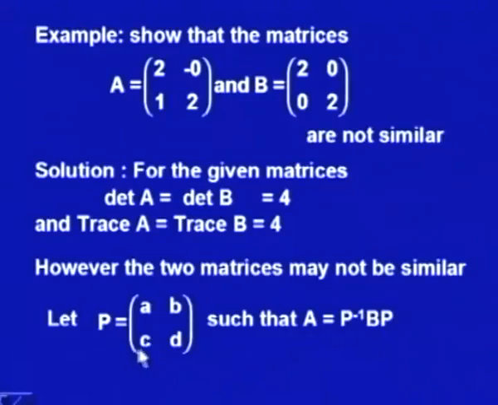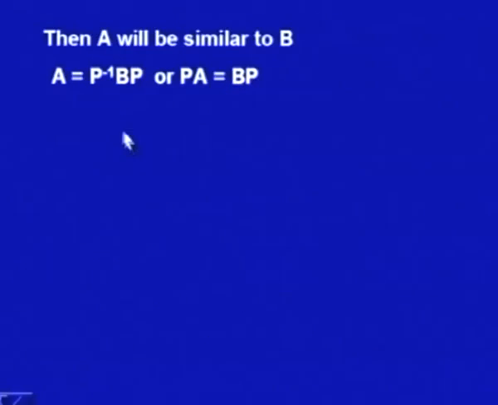So let us say there exists some P for which this is possible. If we can find A, B, C, D in such a manner, making P invertible, then we say that A and B are similar. If we cannot, then of course A and B will not be similar. So to do this, we write down A is equal to P inverse BP, or this can be simplified to PA